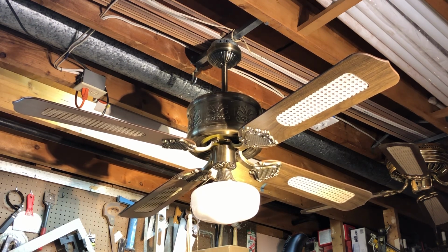Pretty cool fan here. We always call these fans the Emperor, as S.M.C's take on this fan was legitimately called the Emperor, and some fan collectors just started coining the term as a general term for this style of fan, so that stuck, and that's why you see a lot of collectors call these Emperors. And so,